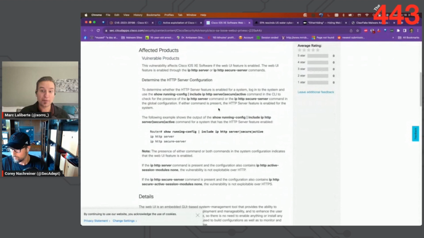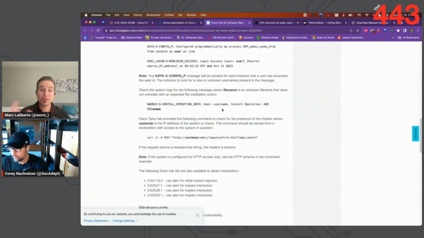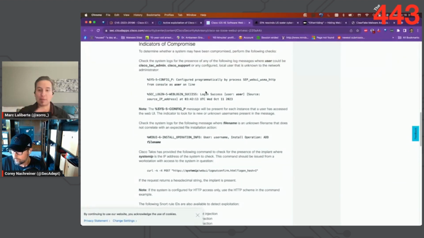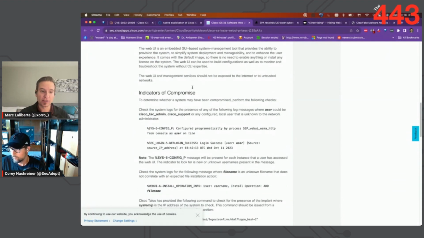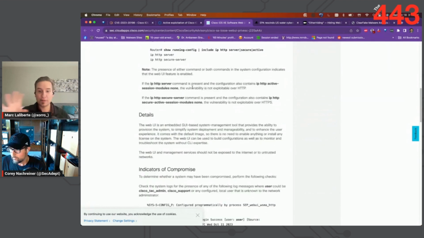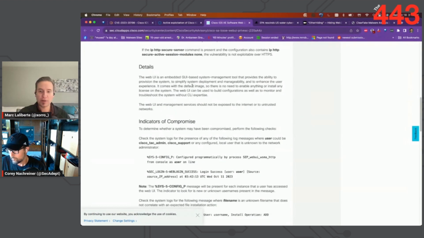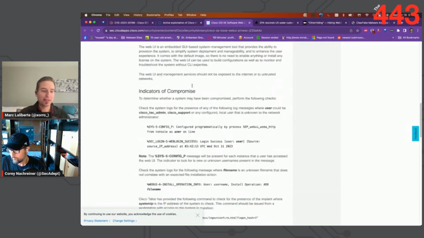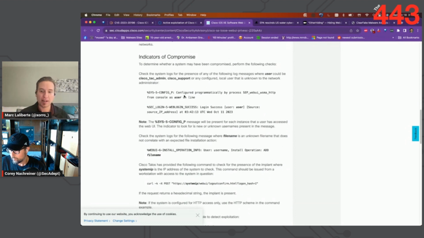They went on to discover additional clustered activity on October 12th, which included additional actions, including deploying this implant, as they're calling it, which consisted of a configuration file called cisco_service.conf. This config, I guess, defines a new web server on the router or switch that allows an attacker to then connect back into it and interact with the endpoint.